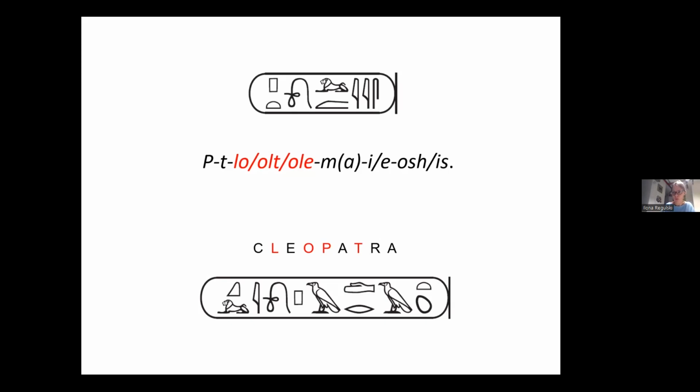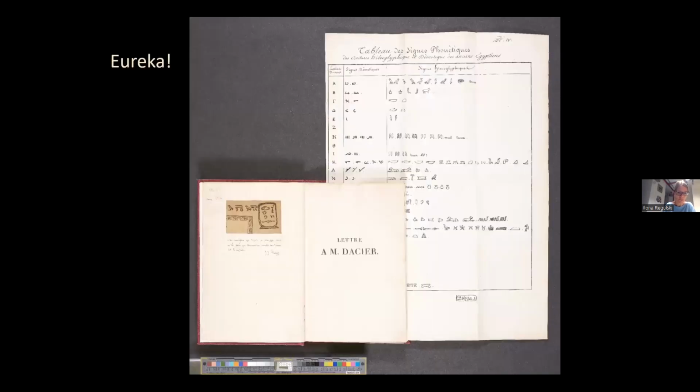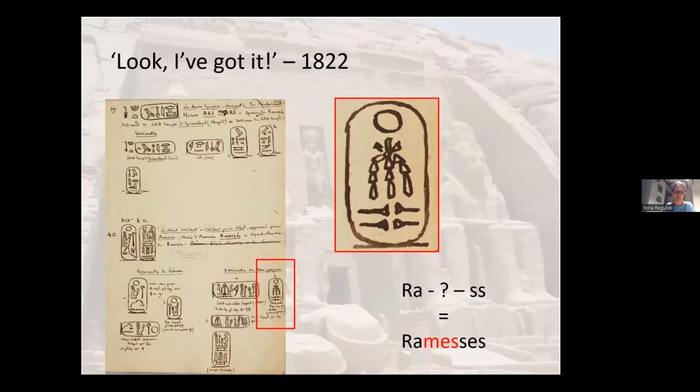And then, of course, the very important step he makes is reading, this is what he presents in his letter, the Lettre à Monsieur Dacier, which is what we're celebrating this year. We only have a copy, unfortunately. But his real breakthrough then is that he says, if the writing system was able to produce phonetic writing in the Greco-Roman period, it must have been there from the beginning, because the Egyptian writing system must have been quite conservative. They wouldn't have allowed such a big